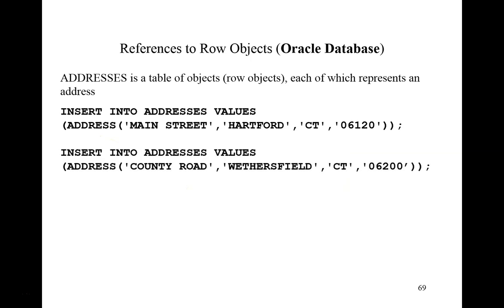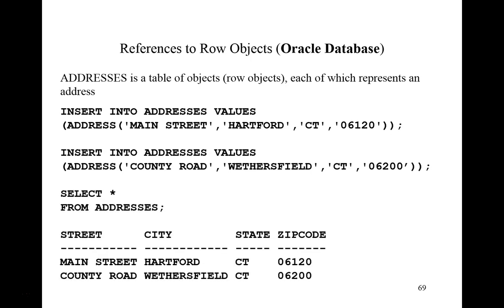We insert another row. I create another object. Finally, we can examine the content of addresses, and when we run a query against addresses, the result looks like 4 rows in a relational table,